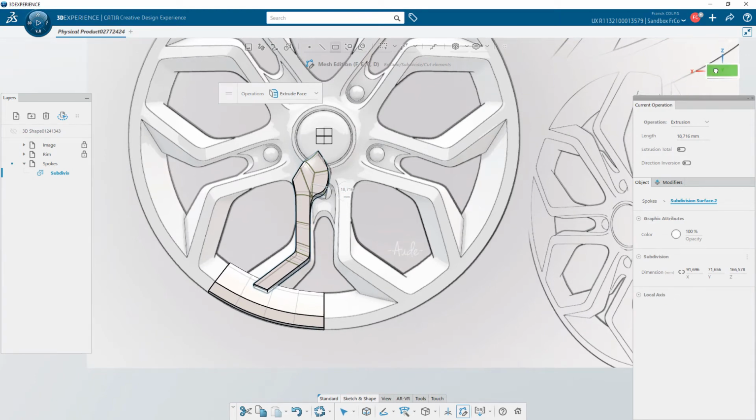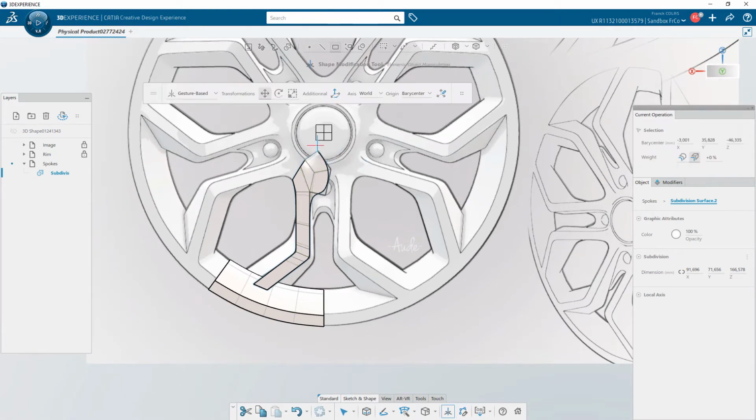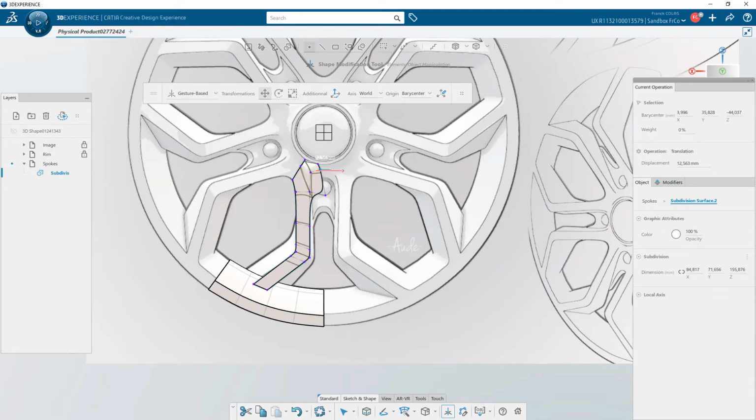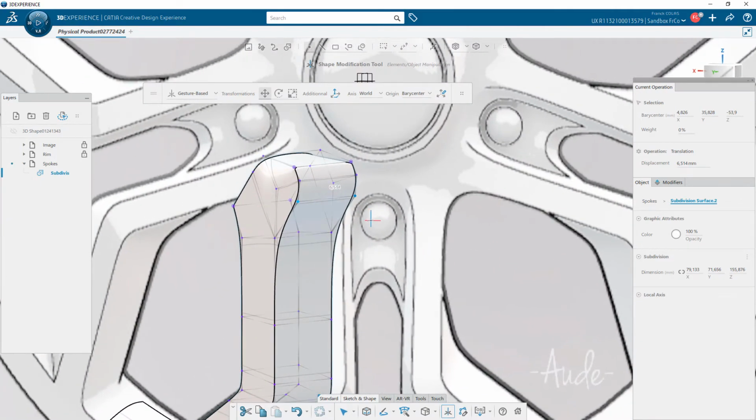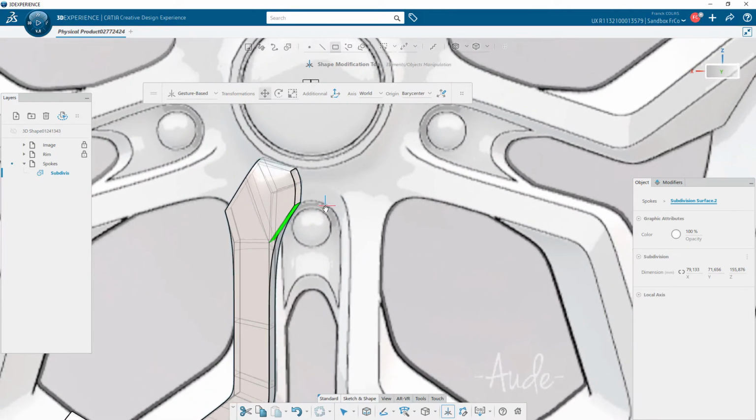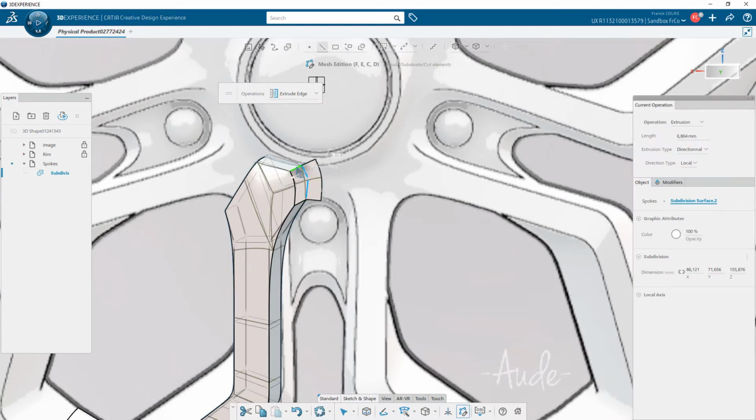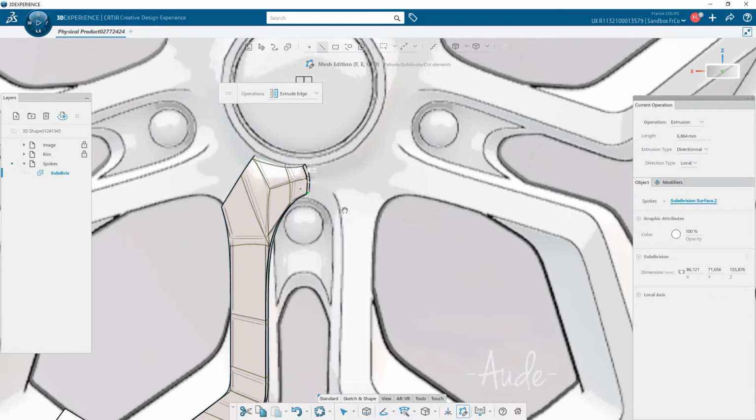Translate with the new gesture-based robot is really fast. Just give the direction of the axis you want to follow thanks to your mouse. And if you want to move following a plane, press the Alt key during this translation. As I don't need to enter in a specific tool to delete some faces, in the Transform tool, switch to faces, select the two faces I want to delete, and simply press on Delete key.